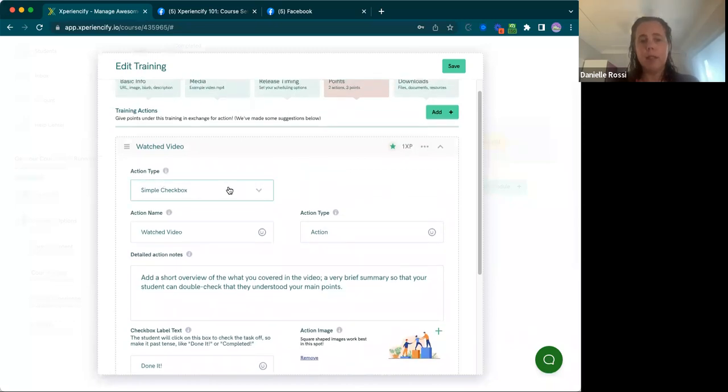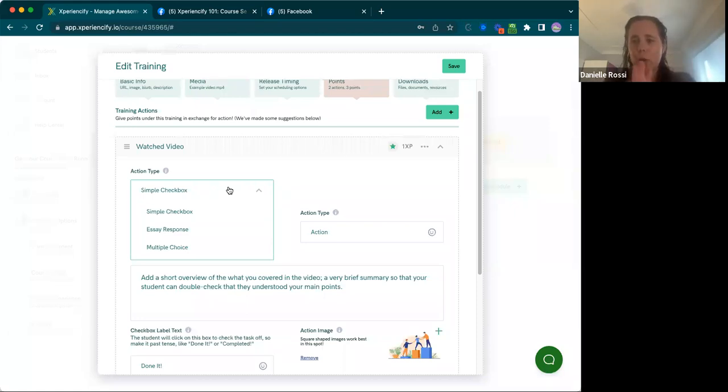Action types. I'm getting all my words mixed up. We've got 3 action types in Xperiencify: the simple checkbox, which just means that you tell them what to do and they check off that they've done it. An essay response doesn't mean that they have to write an essay, but it just means that it's a